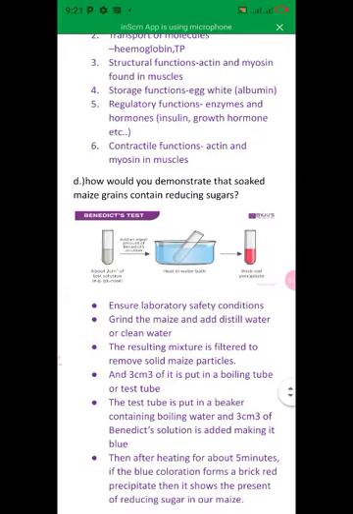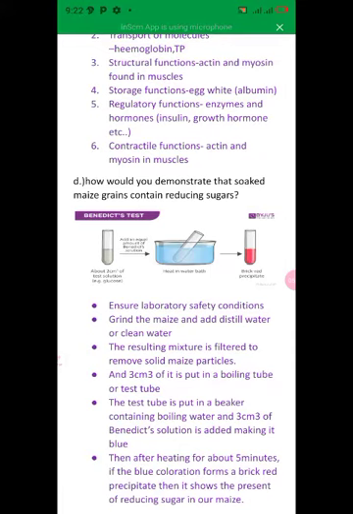What you do is grind the maize. After grinding the maize, you filter it to remove the solid maize particles, and then you collect a small portion of the sample obtained after filtering, about 3 cm cube of it. You put it in a test tube, like in the image seen above. After putting it in a test tube, you add about 3 cm cube of